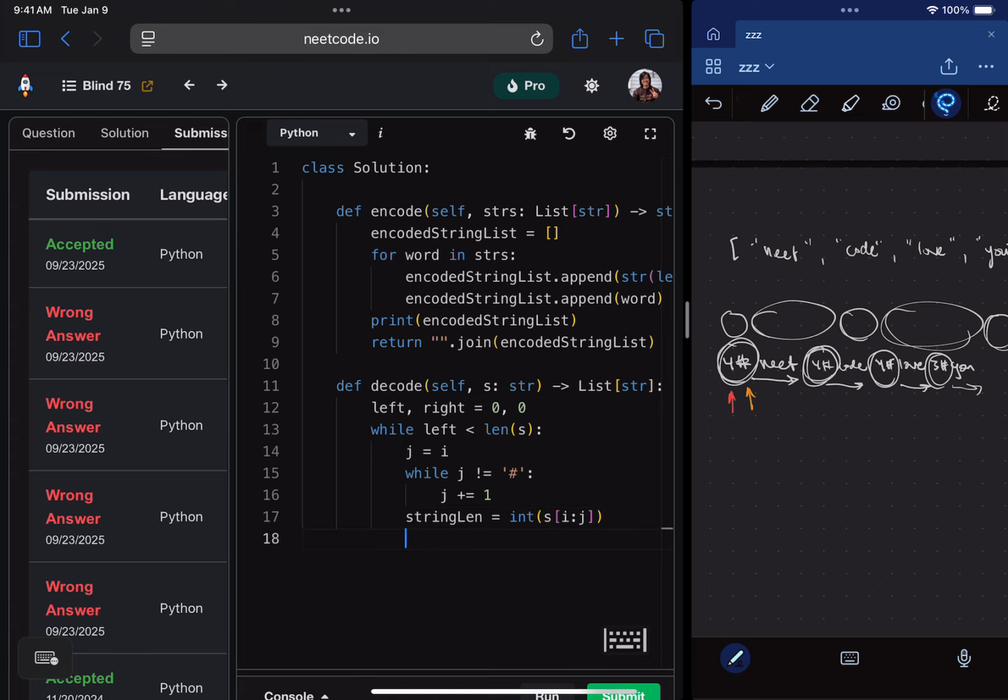Okay, and then now that we've got the length, we can say i equals j plus 1. So we know that j is currently at the pound sign that comes right before the actual next string. And then j is going to be i plus the length of the string that we're looking at. Okay, what this is actually going to do,